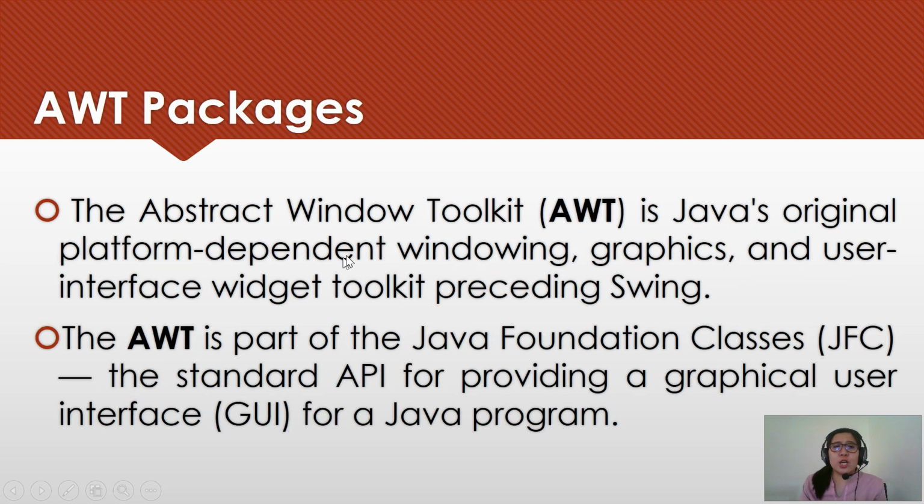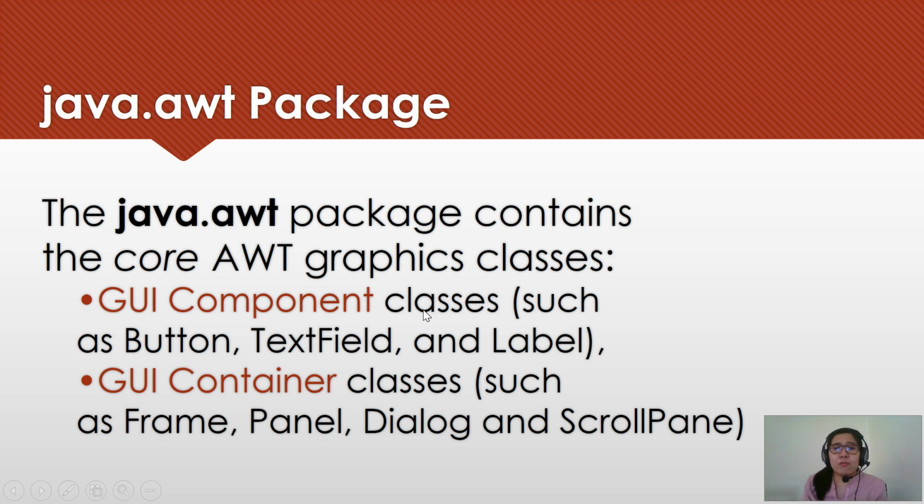The Abstract Window Toolkit or AWT is Java's original platform-dependent windowing, graphics, and user interface widget toolkit preceding Swing. It is part of the JFC or Java Foundation Classes, which is the standard API or application program interface for providing a graphical user interface for a Java program. So we have here the different graphic classes under the java.awt